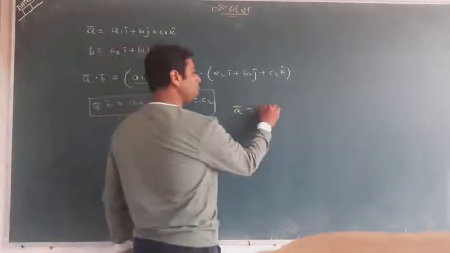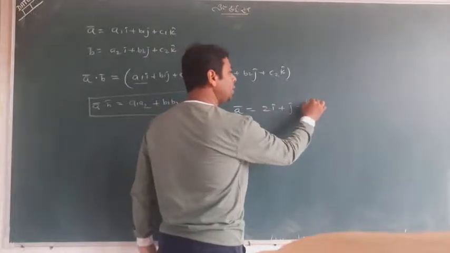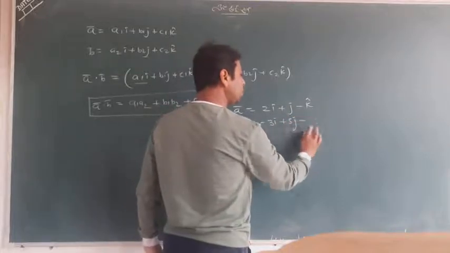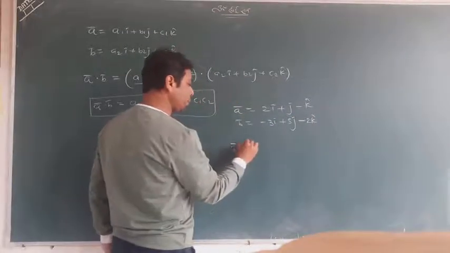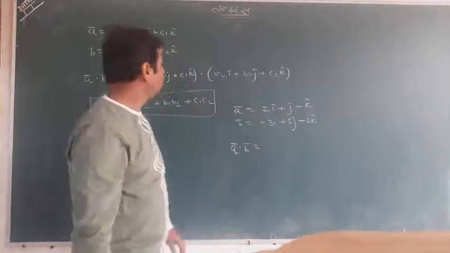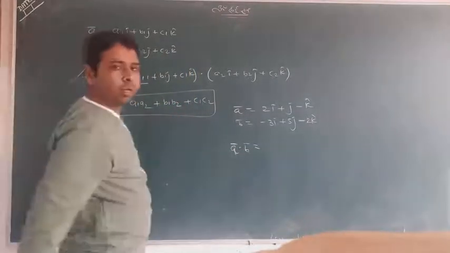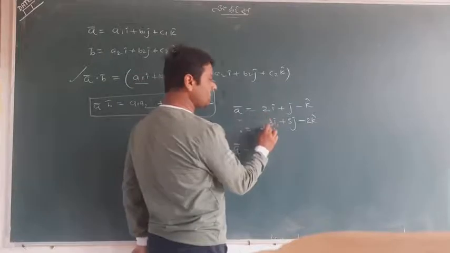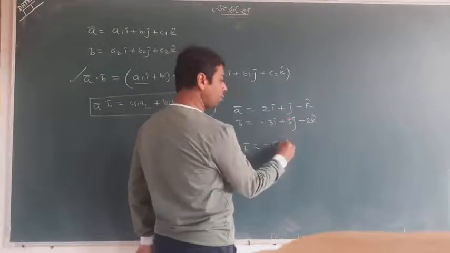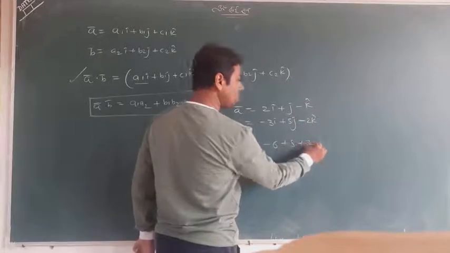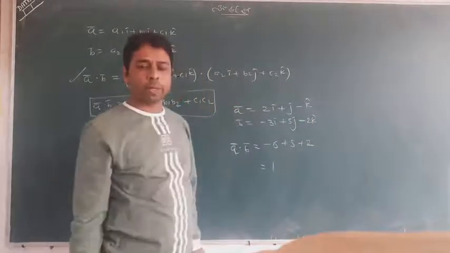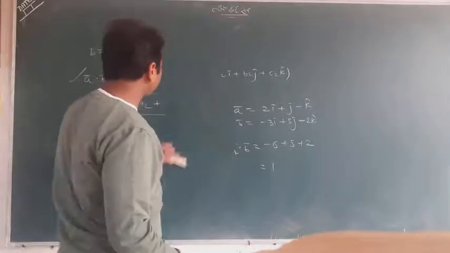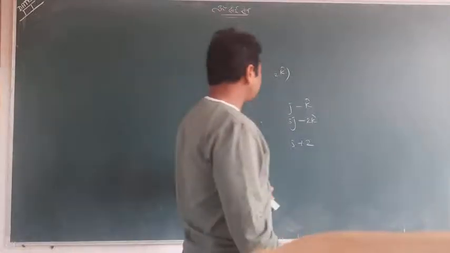Can I put an example? Okay, A is 2i minus k, and suppose B is equal to minus 3i plus 5j minus 2k. I ask you what the answer for A dot B is. So don't write that step, but you can directly multiply corresponding terms, i and i, j and j, k and k. 2 times minus 3 is minus 6, that is a1 a2. 1 times 5 is 5, b1 b2. And minus 1 times minus 2 is 2, c1 c2. See, 5 plus 2 is 7, minus 6 is 1. So A dot B you have got 1. This is a simple concept. So I think you have got it. I don't think that it is trouble. Very simple thing, and keep remembering this concept also.